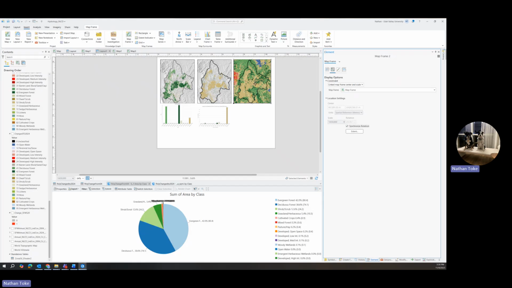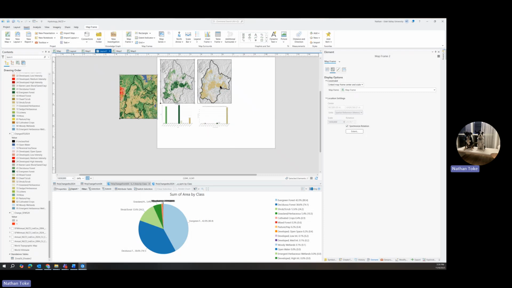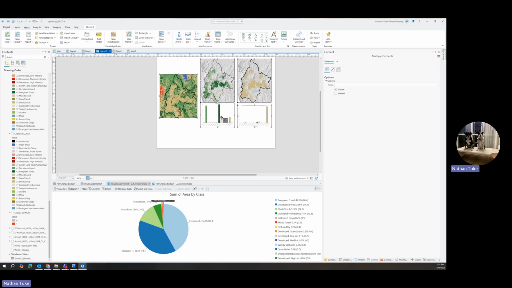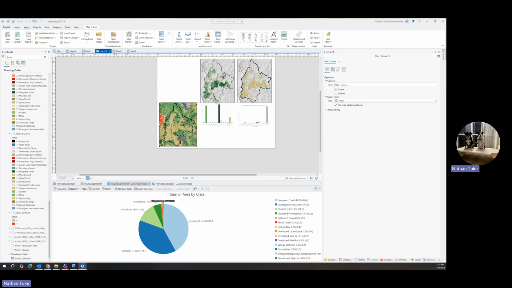So could make a fourth map where it's land cover today and the past. I'd probably move both of these to the other side of the graphic. So maybe grab all these, move them this way. And then this is today. I'm going to put that down here and I'm going to add a new map